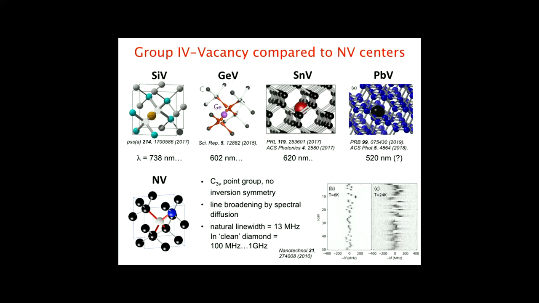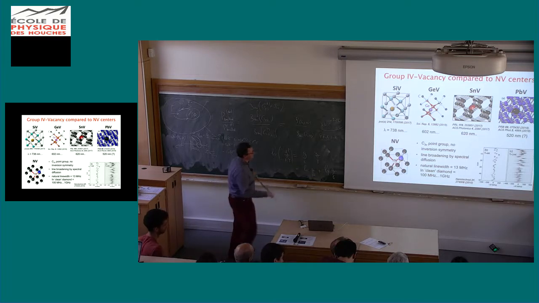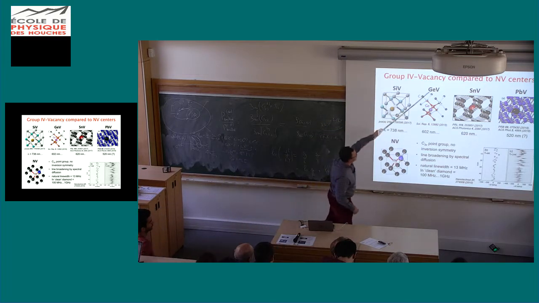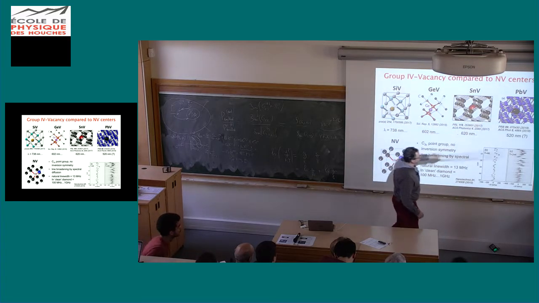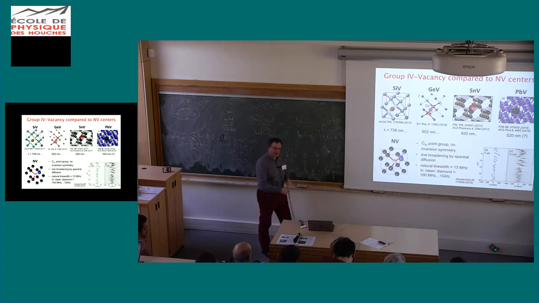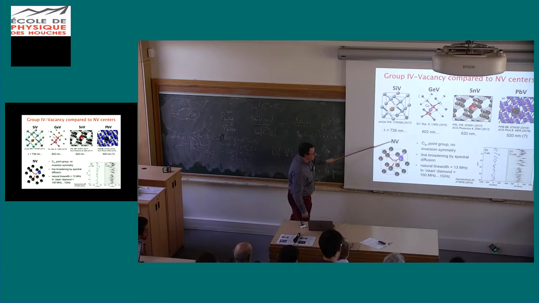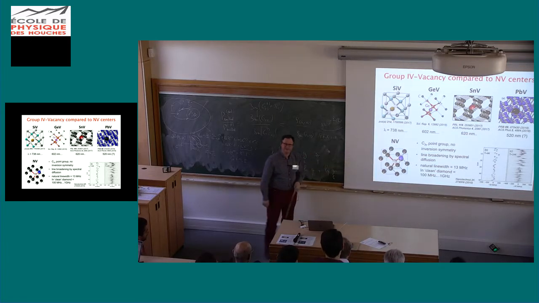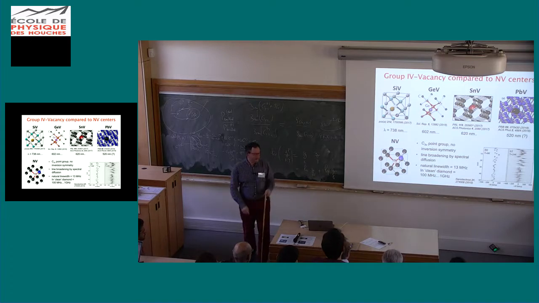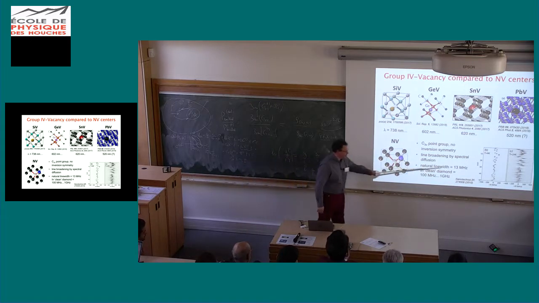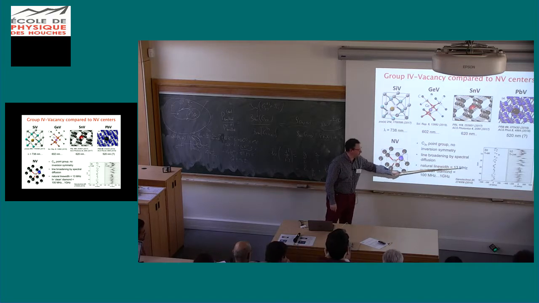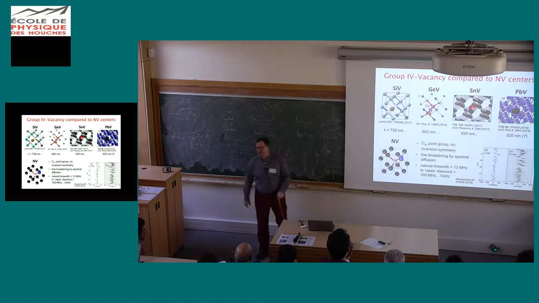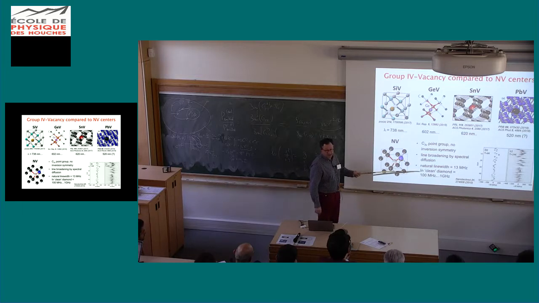So now, if I compare the different group 4 vacancies compared to the NV centers, so this is the silicon vacancy, the germanium one, the tin one, the lead one, with different zero phonon line emission. And now if I compare to the NV, and I look, for instance, at the zero phonon line emission, it's the natural line width due to lifetime. Radiative lifetime will be something like 13 megahertz. Experimentally, we usually observe, even in clean diamond, line shifts that are more on the order of 100 megahertz